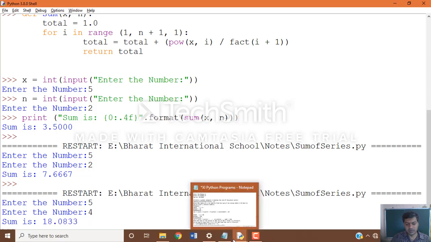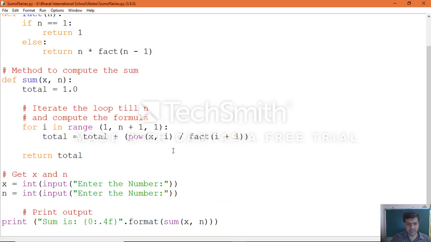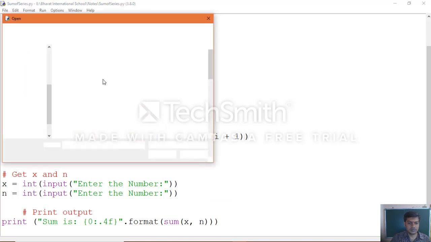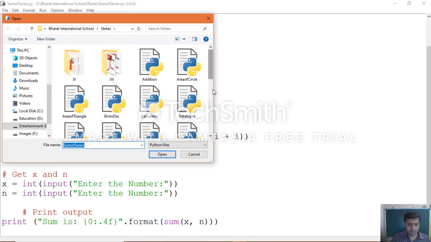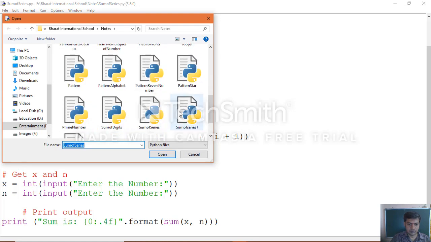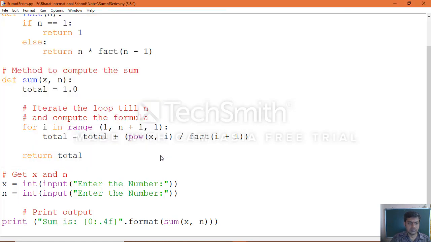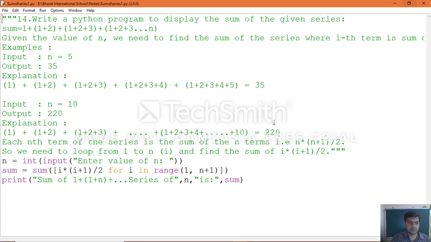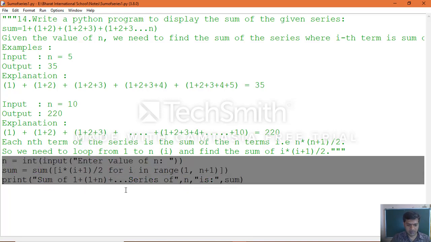Now we'll go for the sum of series, another series pattern which you want to execute. Open. So only three statements you will see. Complete example.